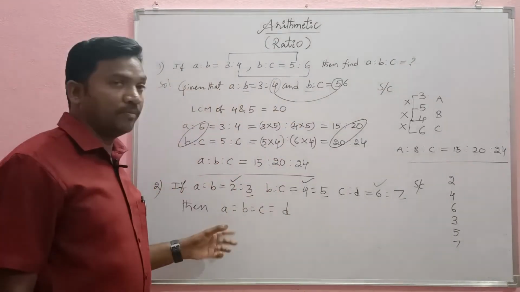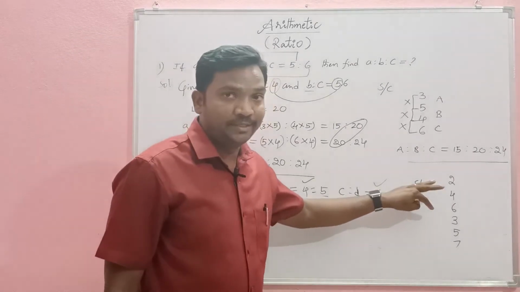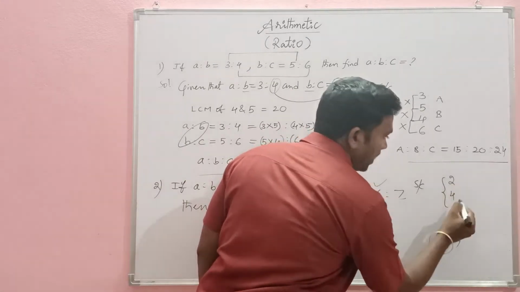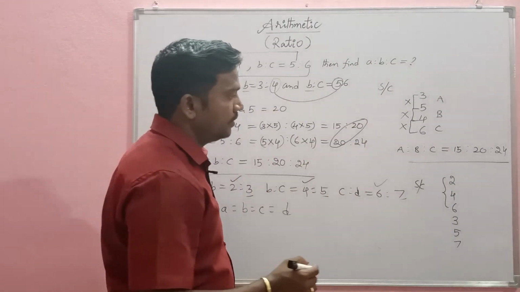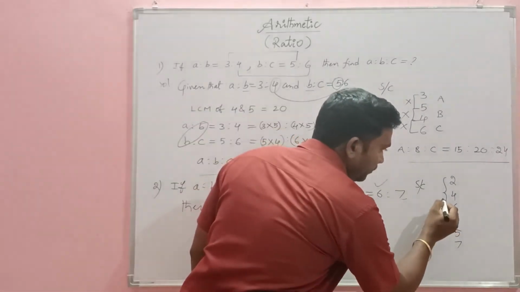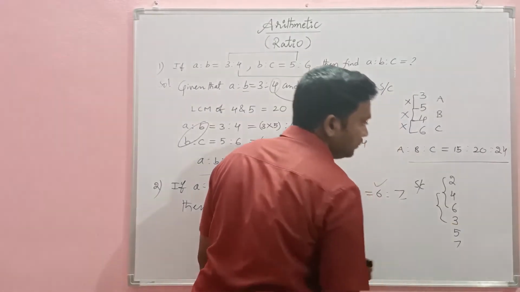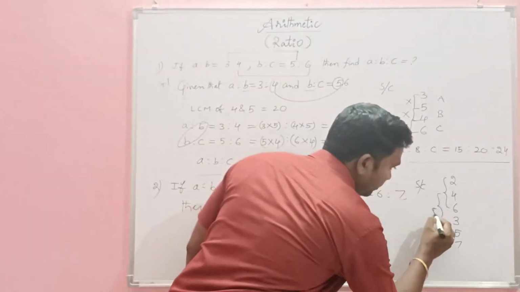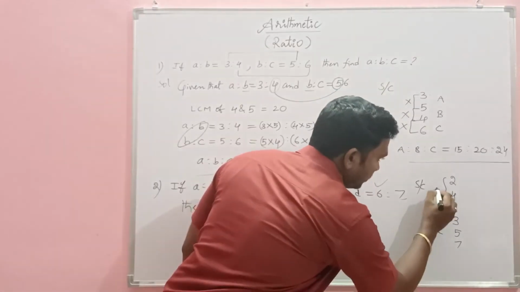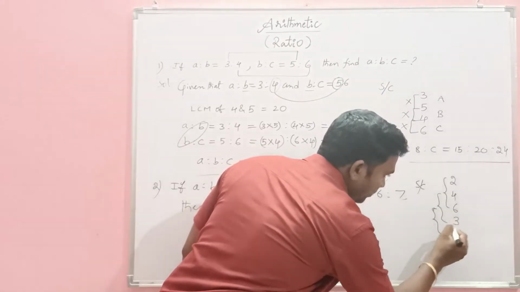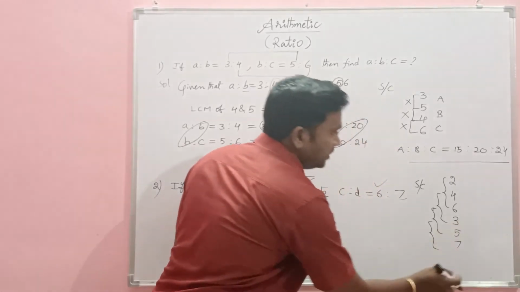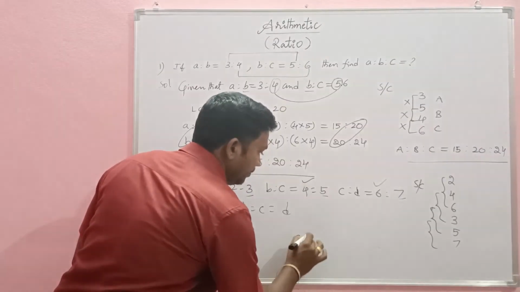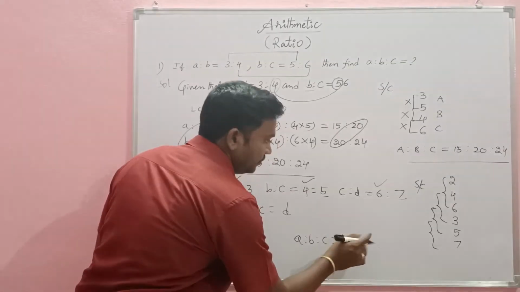But here in this problem, we have to multiply three numbers. So to get A, we have to multiply these three. To get B, we have to multiply these three. To get C, we have to multiply these three. And for D, we have to multiply the last three digits. So A is to B is to C is to D is equals to